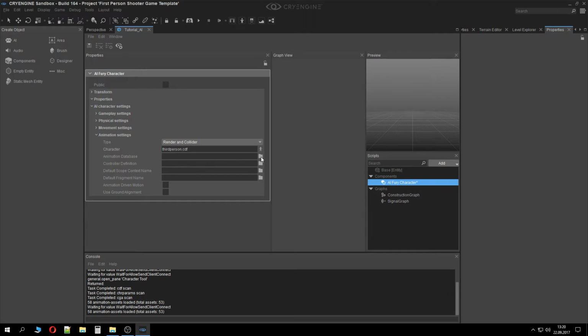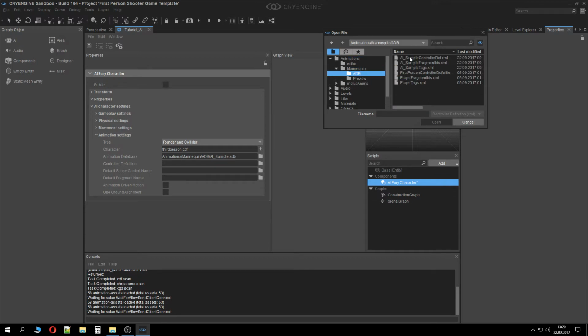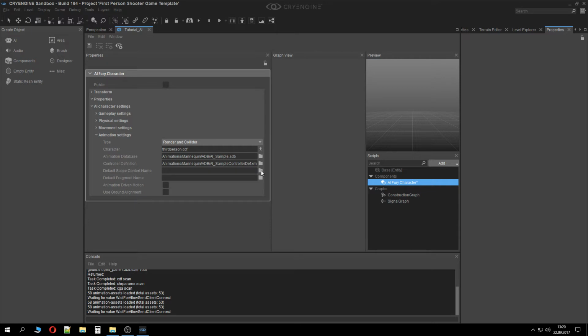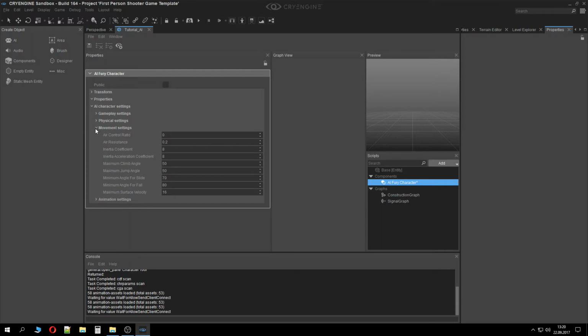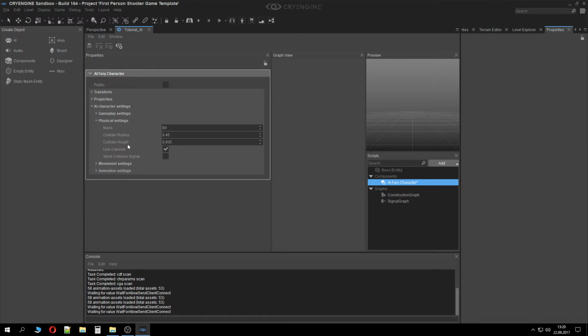Database file. I'm going to be providing this file because the normal file is not good for the AI. So sample and another AI sample controller definition here. Third person and idle. Don't touch these things here. Movement settings, you know, air resistance and stuff. I'm not even touching this because the default values are quite good, but if you want to play around with this, go ahead. Physical settings, 80 kilos, and these collider sizes are good for this model, so I'm also going to